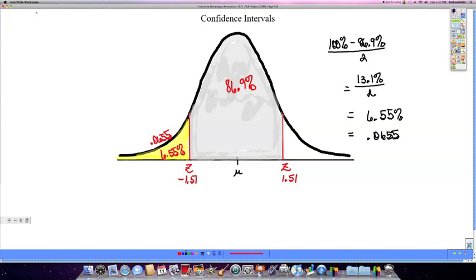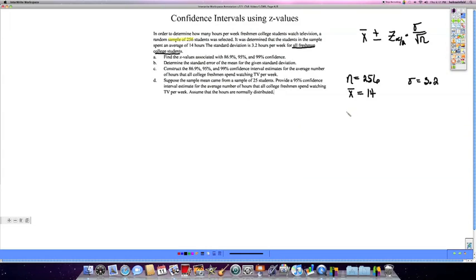So this is the way that we go about identifying that z if the z has not been previously given. And in fact, I would probably make myself a chart because you really don't want to look them up repeatedly. And so confidence and z. For an 86.9% confidence level,